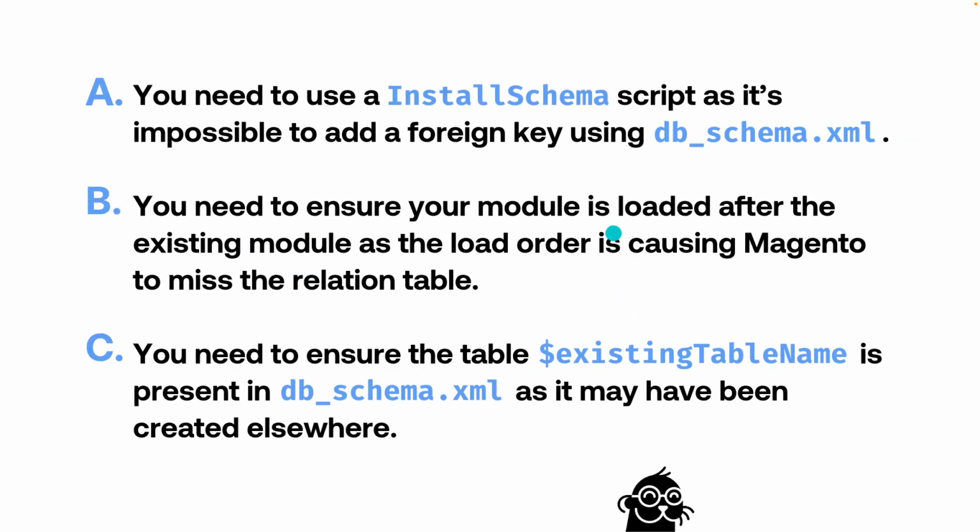All right, we have several answers. A: You need to use an install schema script as it is impossible to add a foreign key using DB Schema. B: You need to ensure your module is loaded after the existing module, as the load order in Magento is causing Magento to miss the relation table. Or C: you need to ensure the existing table name is present in DB Schema, as it may have